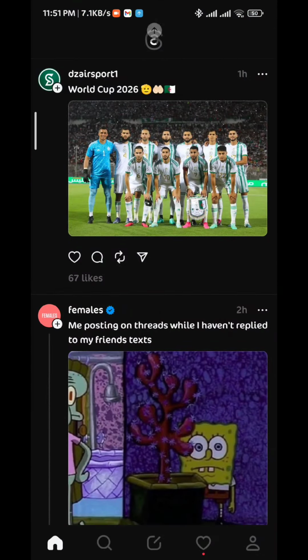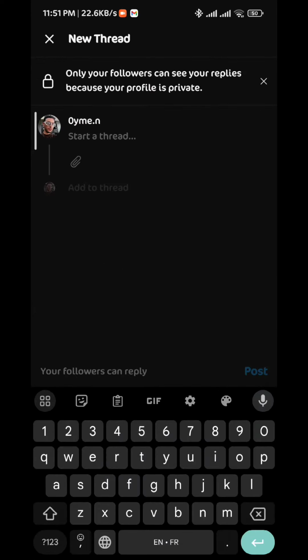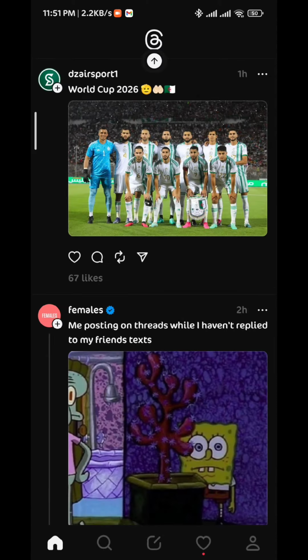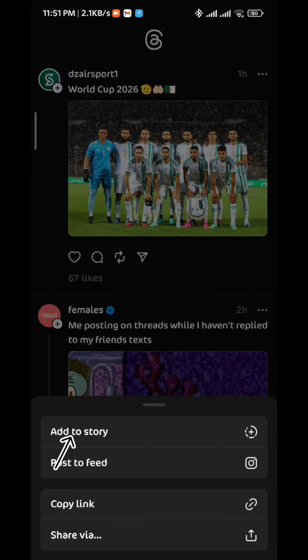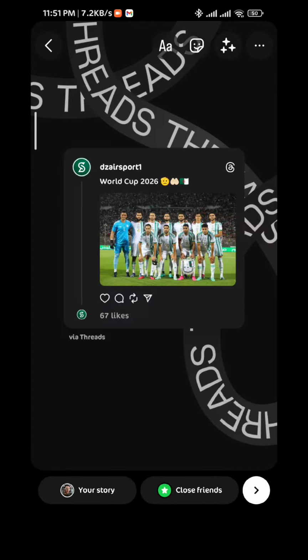From here I can go ahead and create a thread post by tapping right here in the bottom and then creating my thread post and then tap on post. Or I can just choose any other post I find on Threads and tap on this paper plane right here and then tap on add to story, and it will take me directly to the Instagram app in my story,